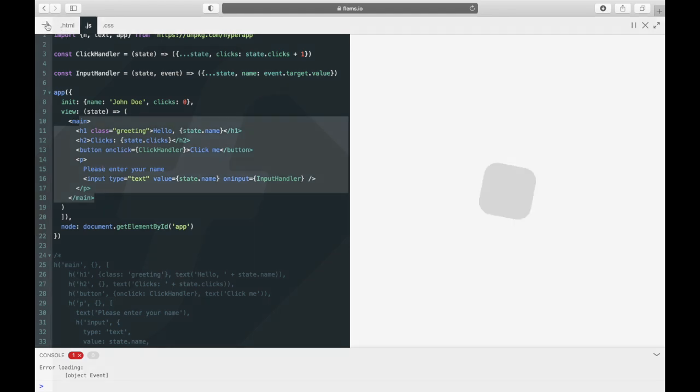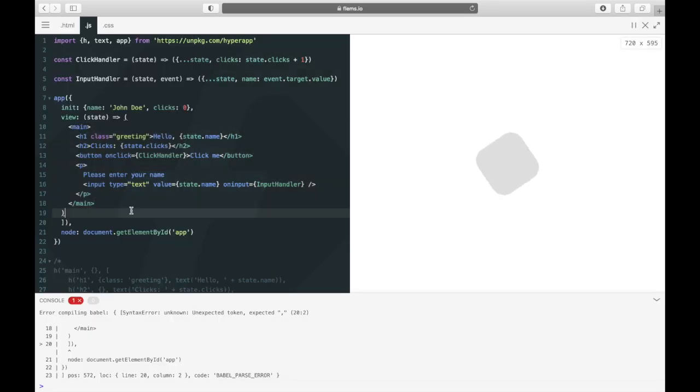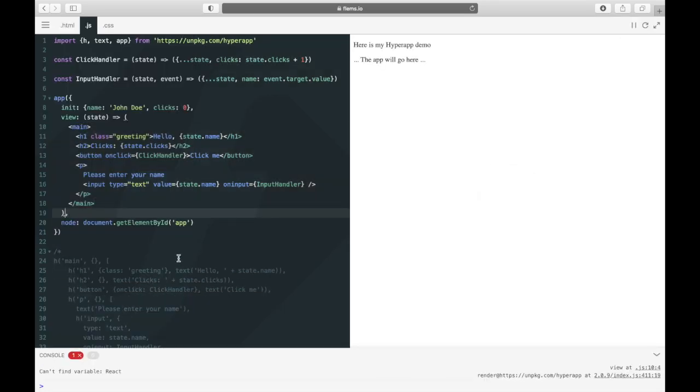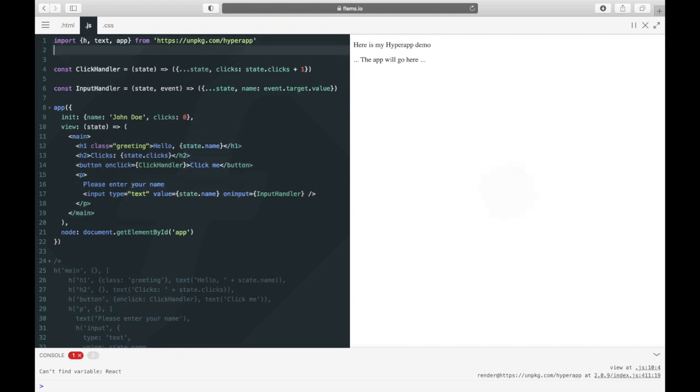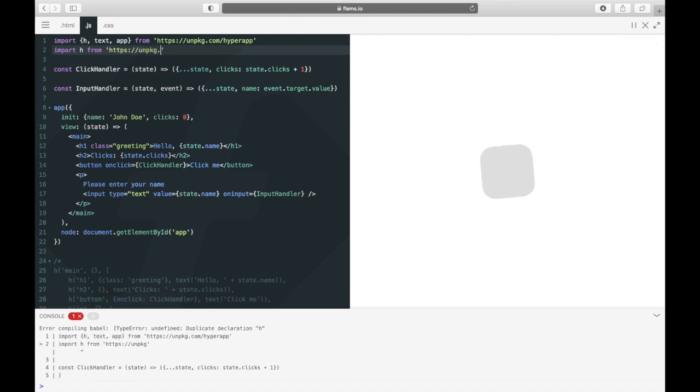Flames.io has built-in support for doing it, so I can show you how it works. We'll use the Babel transpiler. And now Babel thinks that we are trying to make React nodes. That's why it's wondering why isn't React available. We need to tell Babel not to try to translate our JSX into calls to React create element. Instead, we need to import a specific pragma for Hyperapp and tell Babel to use that. So let's import it and let's call it H from https unpkg.com